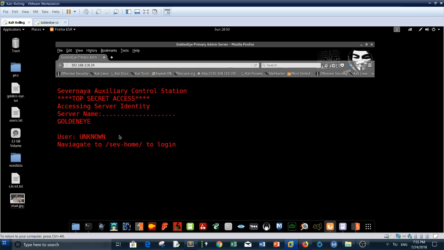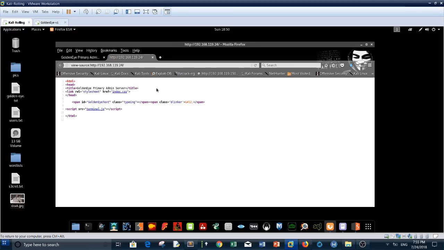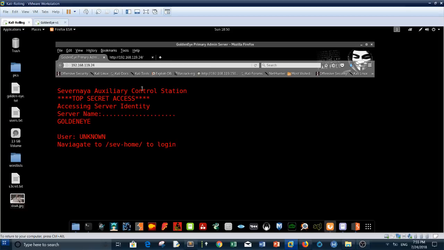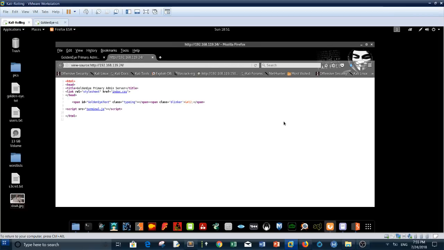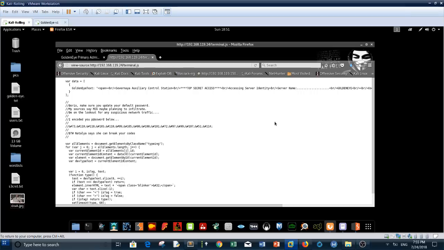The first step is to view the page source, and here you notice that the script used to display those writings is terminal.js. Following your curiosity, click on terminal.js